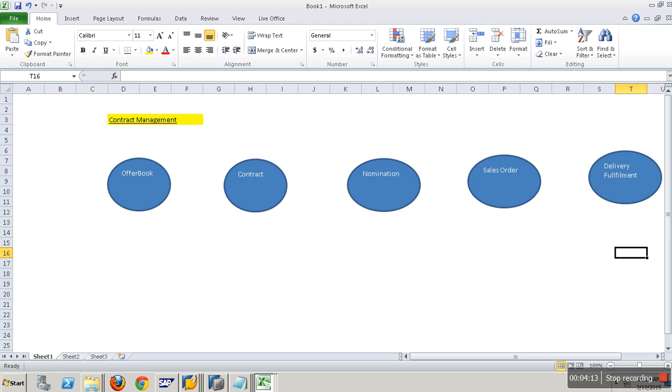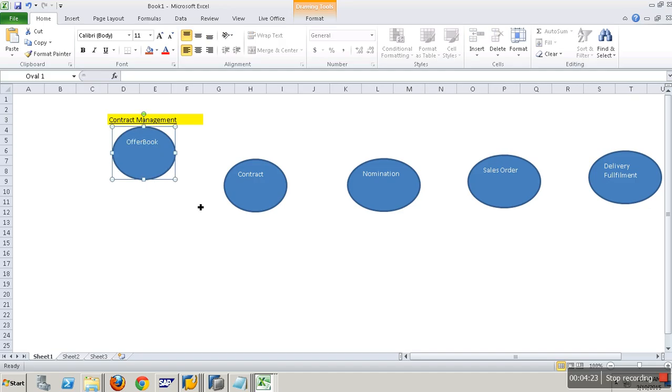That's all it goes. We're not focused on this, we are only focused on this flow. So my company would have an offer book. This is not a daily process. They will formulate an offer book. Based on this offer book, they'll process the contracts, and for each contract my customer has to nominate himself. Then based on the nomination they create a sales order and go with the delivery.